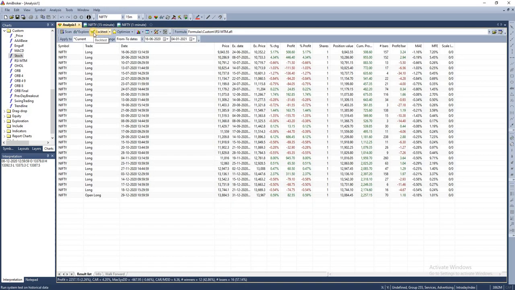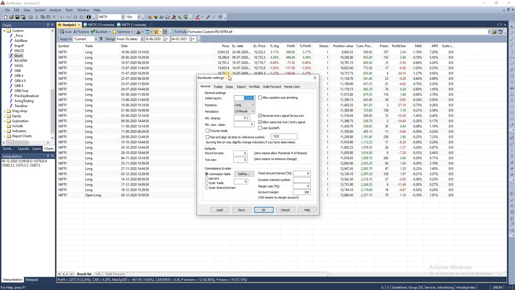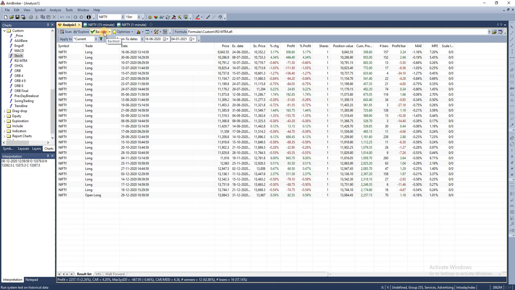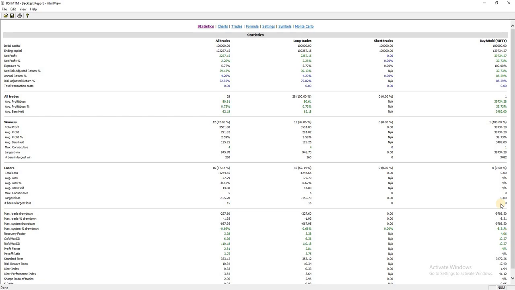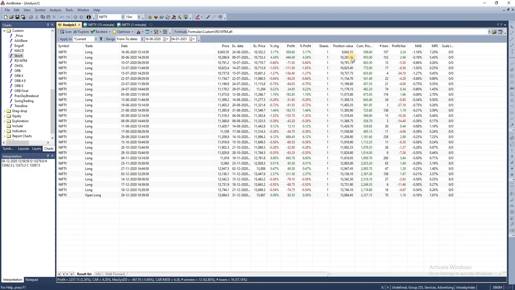You can also run a backtest on this code. In this case, we are running the backtest on Nifty. I'm setting the time frame as 15 minutes and I'm taking only the long trades. So if I run the backtest and if you click on the report, you'll be able to see how the trade spanned out. So this strategy generated around 2,500 rupees, which is around 2.5% of your capital in 6 months time.